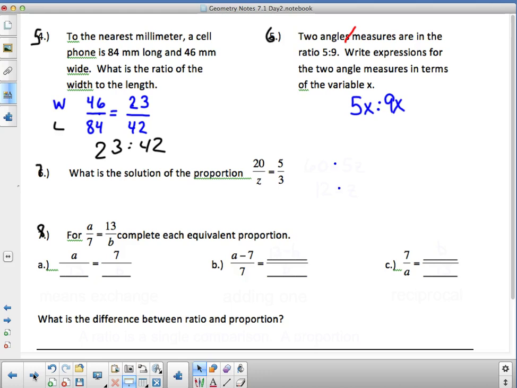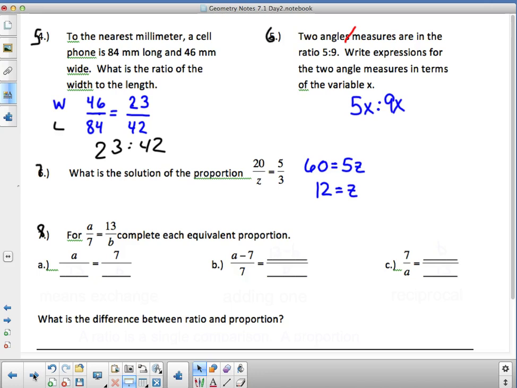So when I'm solving 7, I got 3 times 20, which is 60, and I got 5z. I take 60, divide by 5, I get 12. So 12 is z. And what I want you to do for your answer to check it, and I'll present,